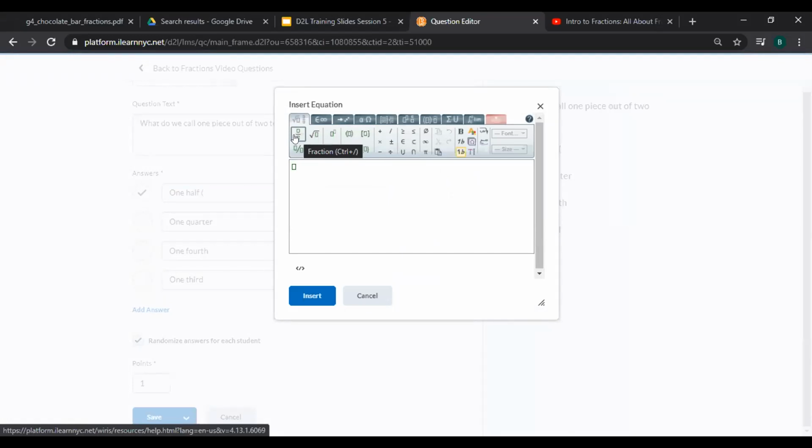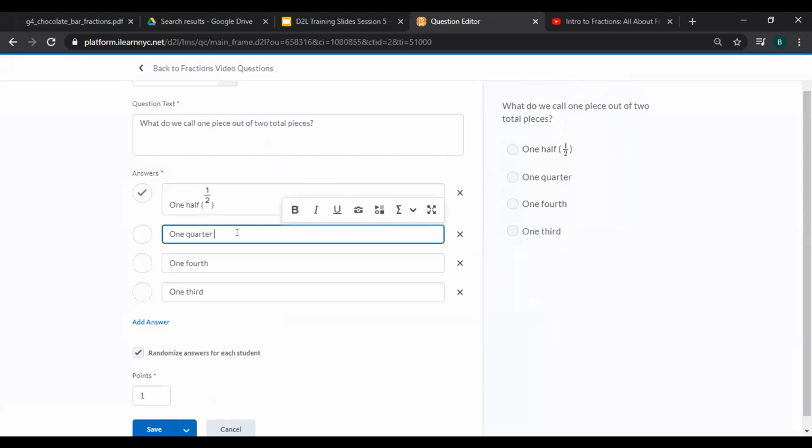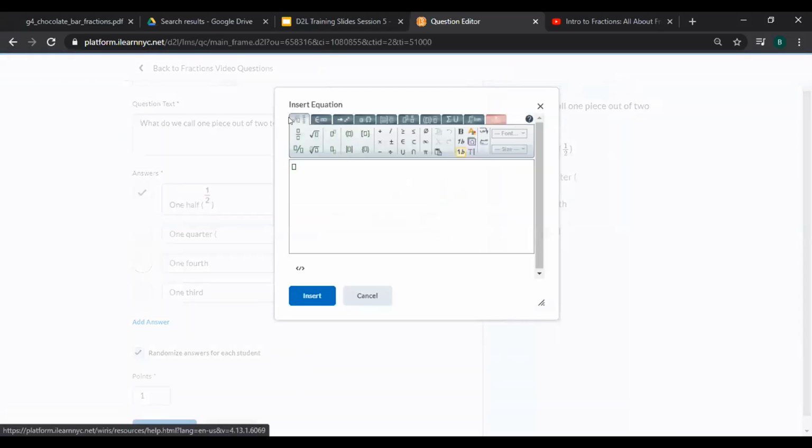But when you click on this little fraction thing, now I have those two boxes that will let me enter in 1/2 and then insert it. And looking at my answer text box, it looks a little wonky. That half is really up high, but when I look at the preview, I can see that it's right in line and it looks a lot neater. And that's what my students are going to see. So I'm just going to show you that a couple times so I can finish up and have this question be consistent. 1/4, insert,